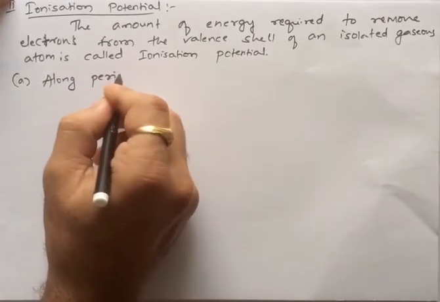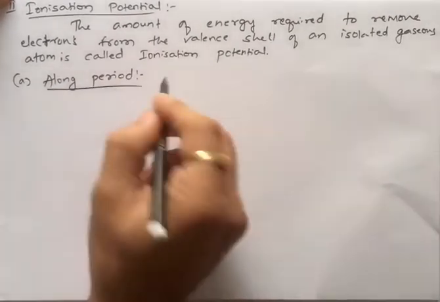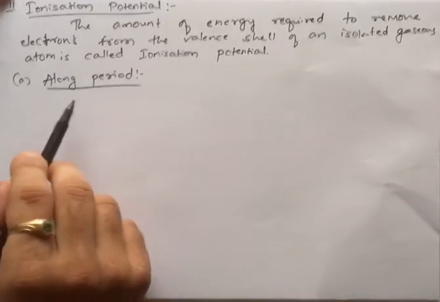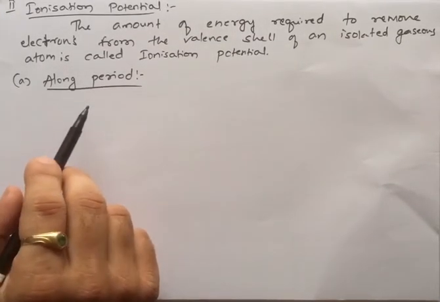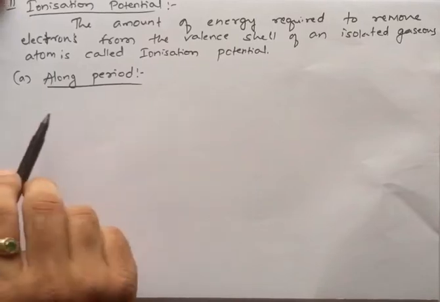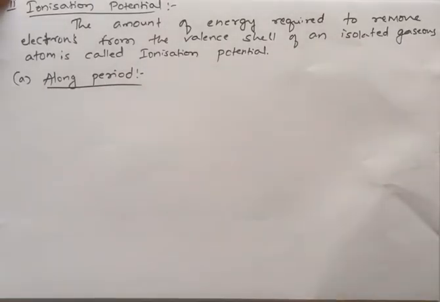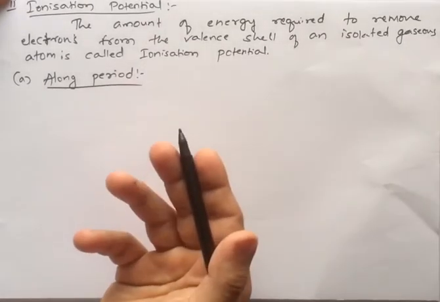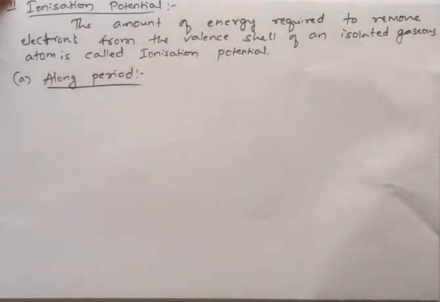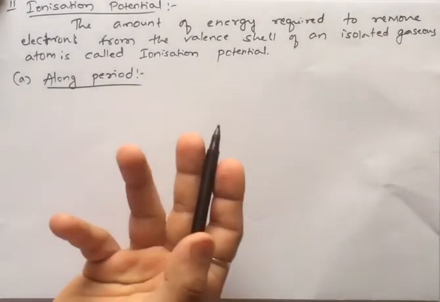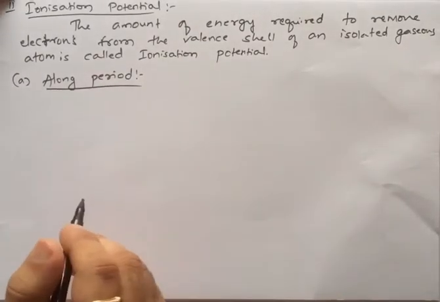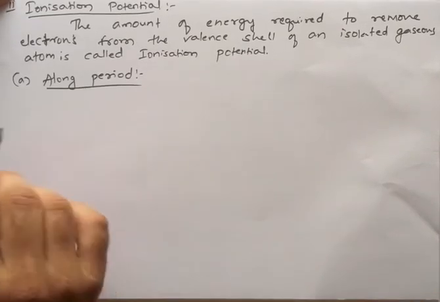period. So what happens along the period? Along the period, the number of orbits remains the same, that is, the number of shells remains the same, but the number of electrons goes on increasing, and due to which nuclear charge increases. As in the previous explanation of atomic size, here also it is the same. The number of electrons increases and nuclear charge increases, and due to which nuclear attraction increases, and therefore when nuclear attraction